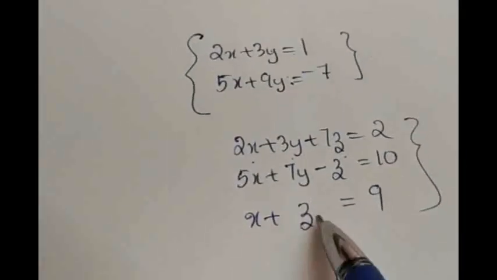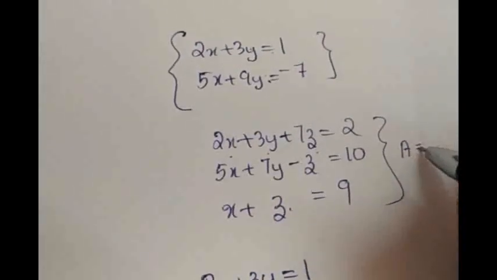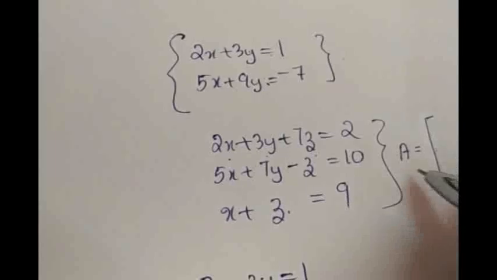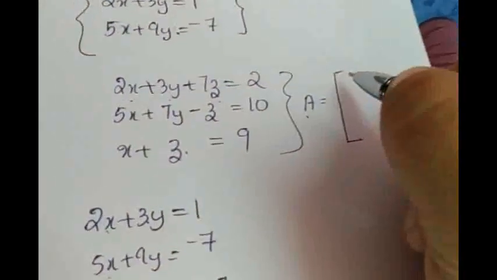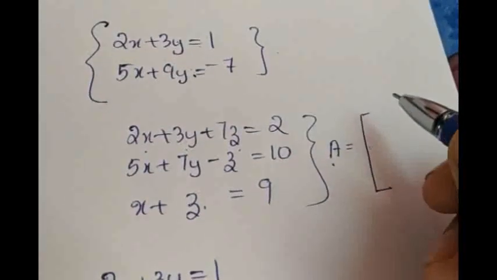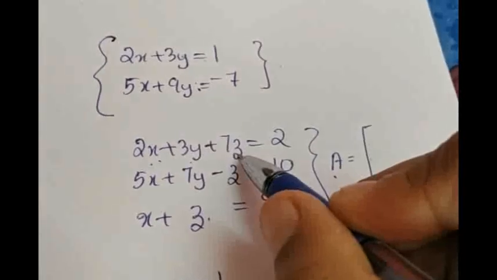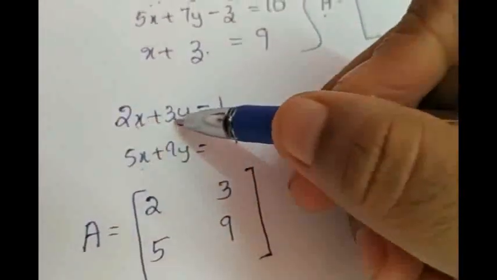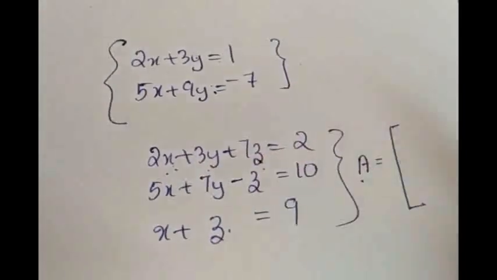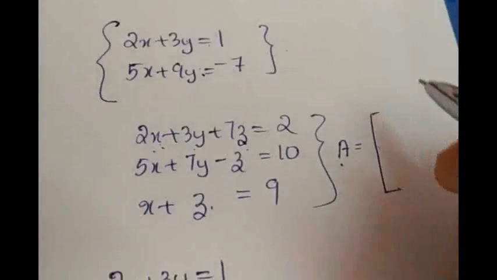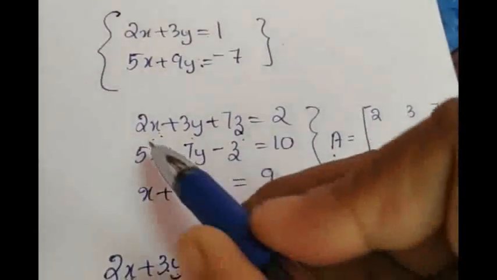In the second example, which we took as a system of linear equations, can you say what will be A? We will always represent the coefficient matrix by A. What will be the matrix? Or at least can you say what is the order of the matrix? Here there are only 2 variables, so it will be of order 2, and here as there are 3 variables, its order will be 3. And A will be equal to 2, 3, 7, the coefficients of x, y, z.